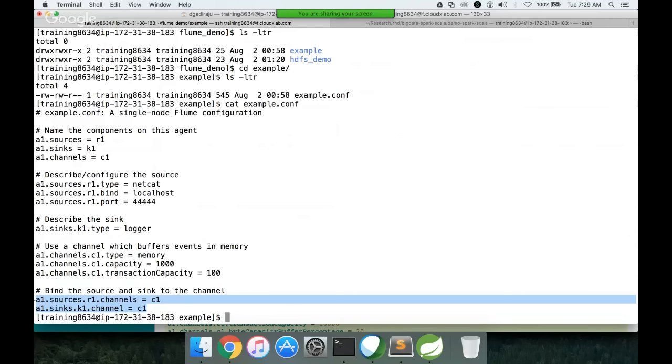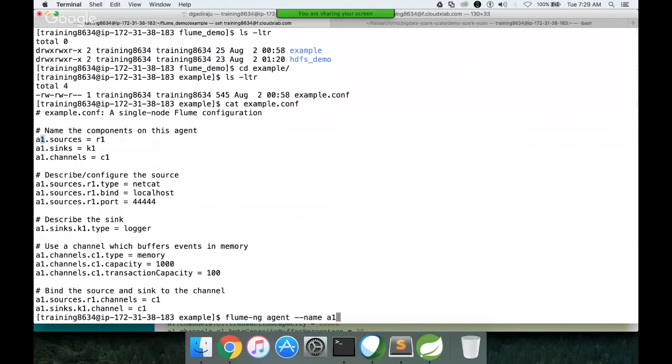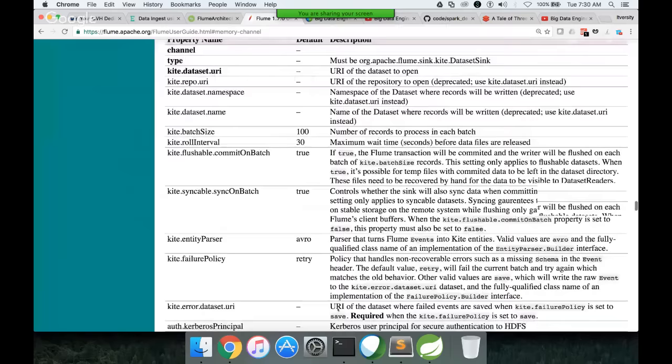Okay, so this is the basic architecture of a Flume agent. Once you have this, you can say flume-ng agent -n or --name. You can do either way. a1 is the agent name. Whatever you have used as the first string in the names before the dot, which is the delimiter in the names, has to be passed here. Otherwise, it will not work. And then the syntax is,